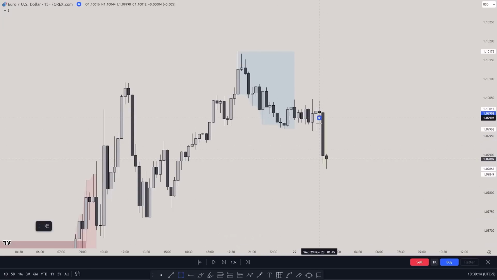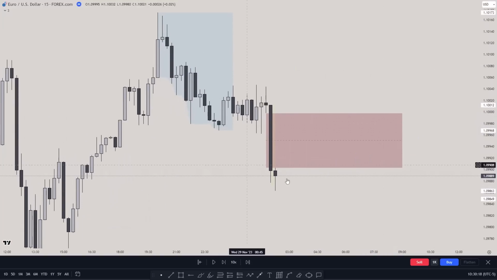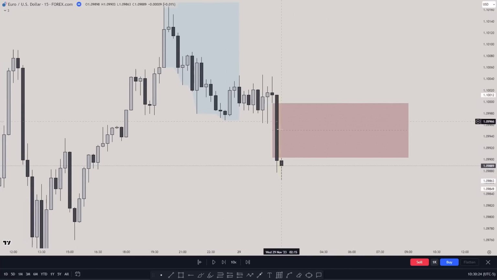What do we see? Literally a fair value gap. And as I said, every fair value gap tells you a story. So this fair value gap is telling me that there is something happening here. Now, a 15-minute fair value gap aligning with the daily and weekly time frames. So now any reversal on the 1 minute inside of this, I would go lower.